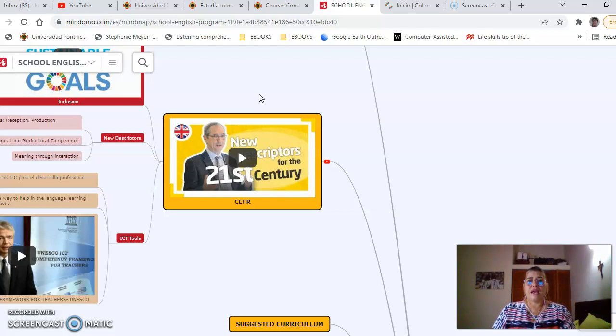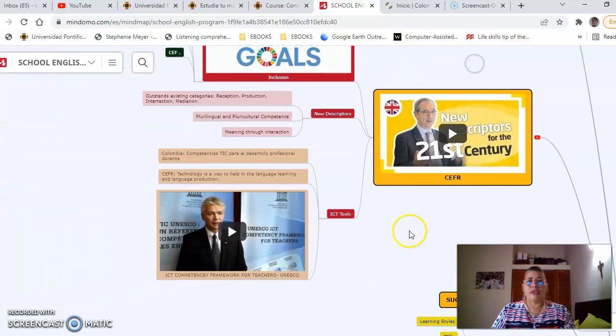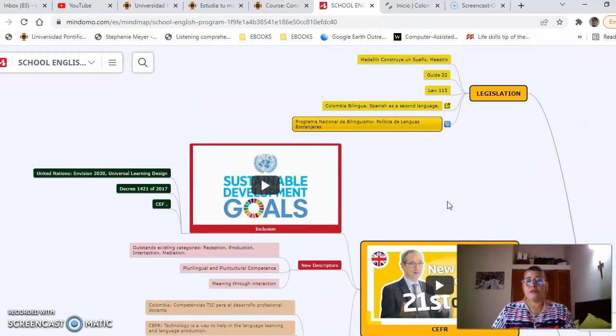It means that there's more emphasis in what we're living in the 21st century, and we're giving them the setting, the main aspects that demand to be intercultural, multicultural, pluricultural. Here you're going to find several tools. Another important aspect